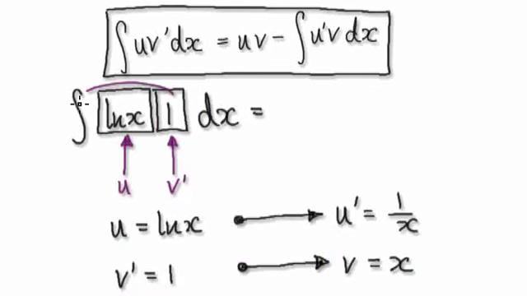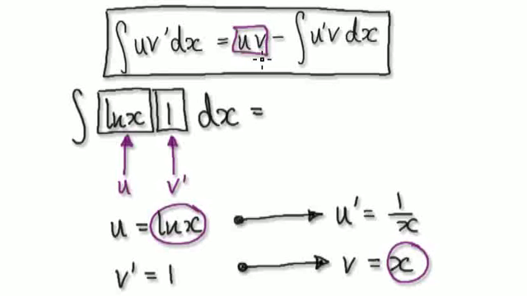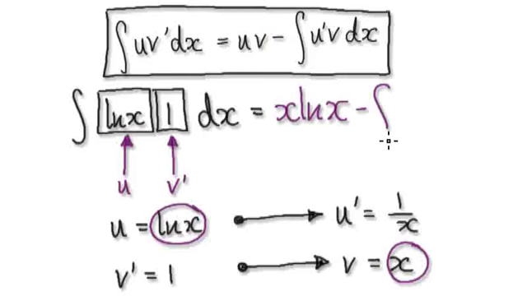So now to evaluate this, we are just simply going to follow this. So looking at this, u times v. Where's u? U is here, and where's v? V is here. So looking at this here is u times v. U times v is going to be x natural log of x, and then take away the integral of now